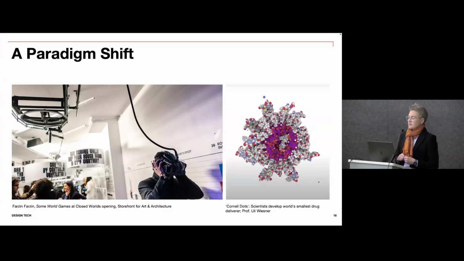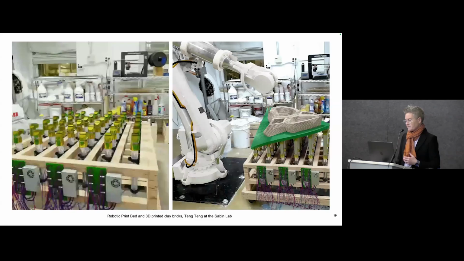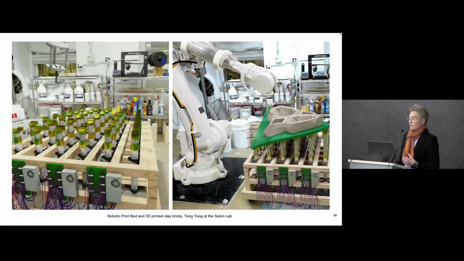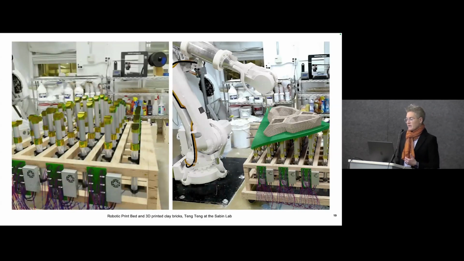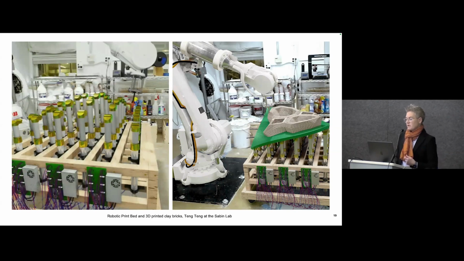In many ways, we're in the midst of what some call the 4th Industrial Revolution, a paradigm shift that some historians write is the biggest to impact design since the medieval period, historians such as Mario Carpo, for example. And these new intersections between the digital, the physical, and the biological are radically altering the world from the nano to the macro scales. And at Cornell, we are engaged in these critical areas, and the MS in Design Technology program is a leader and an innovator in collaborative teaching and research across disciplines.